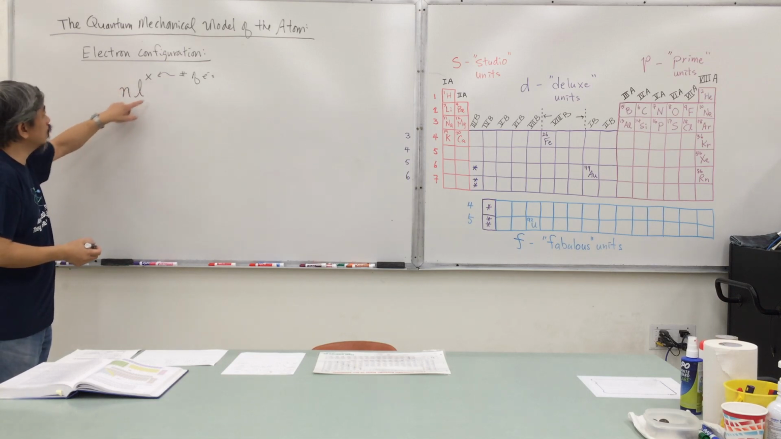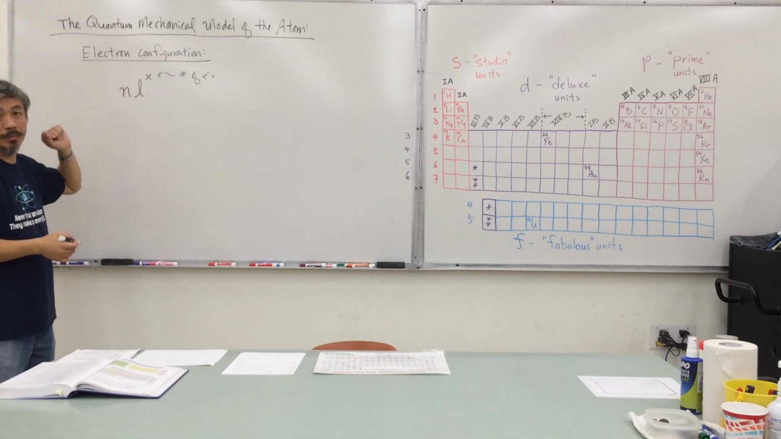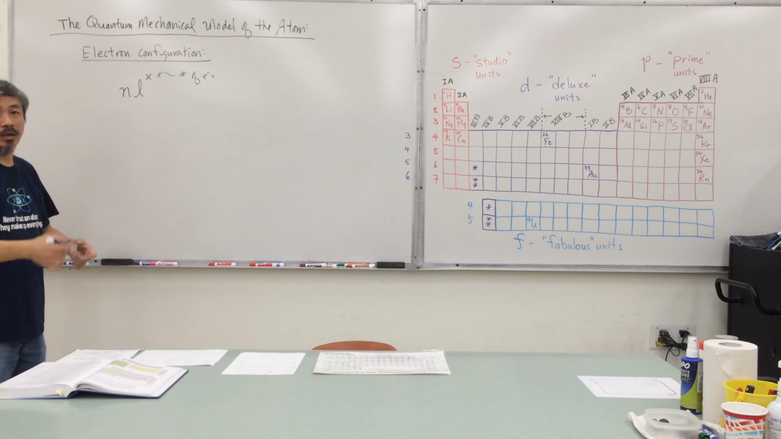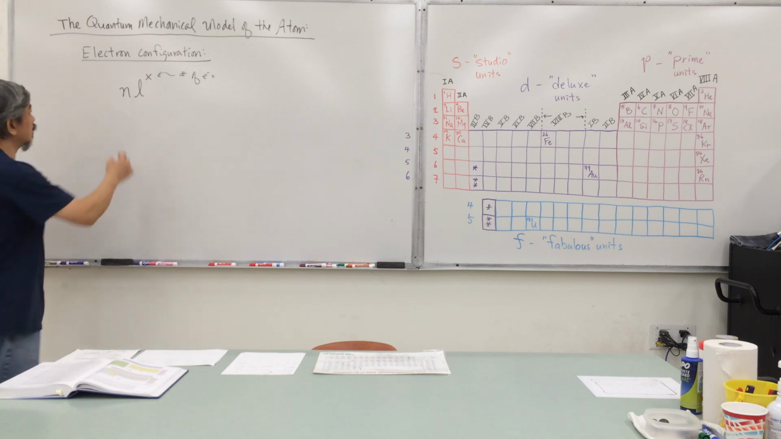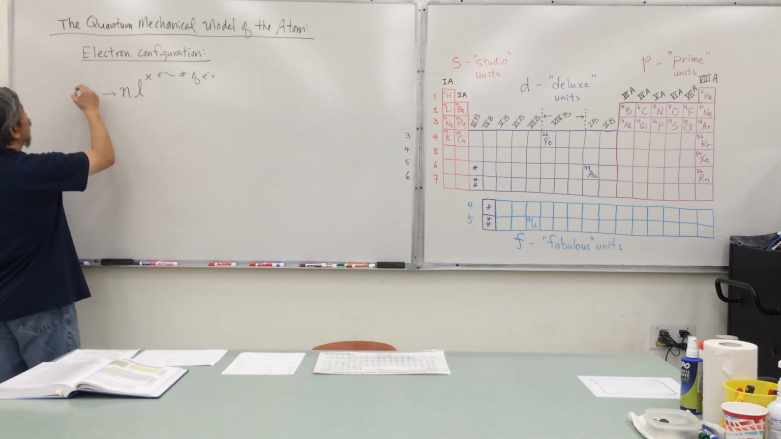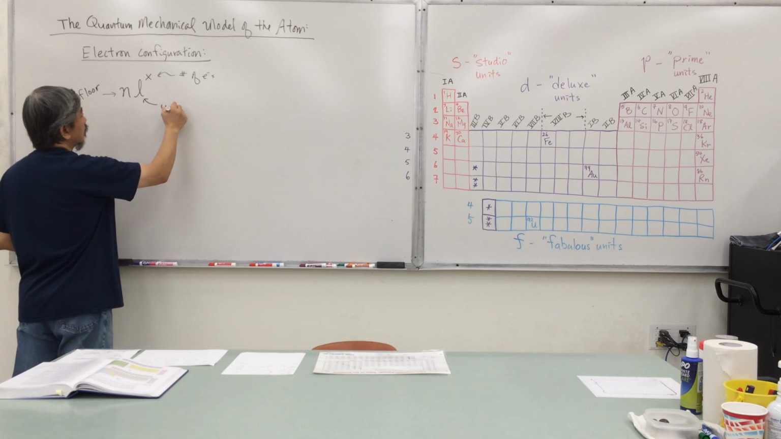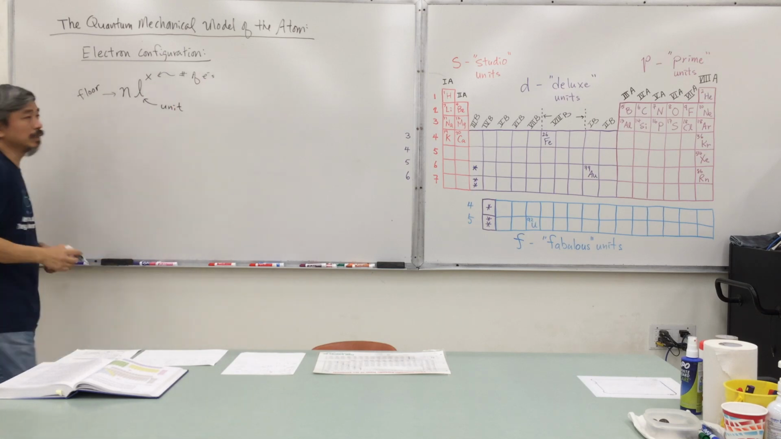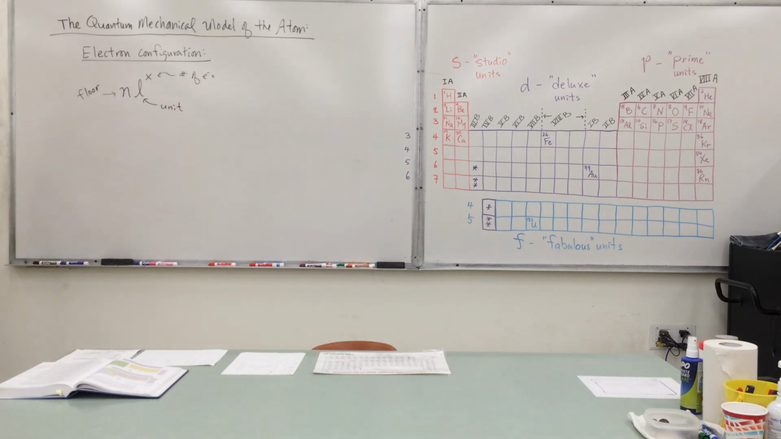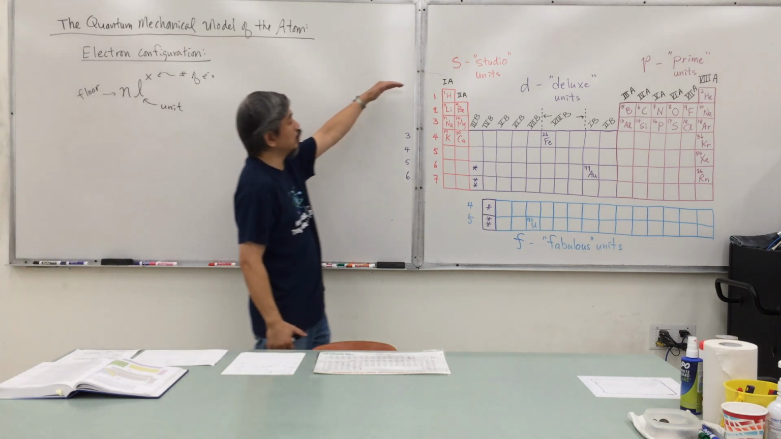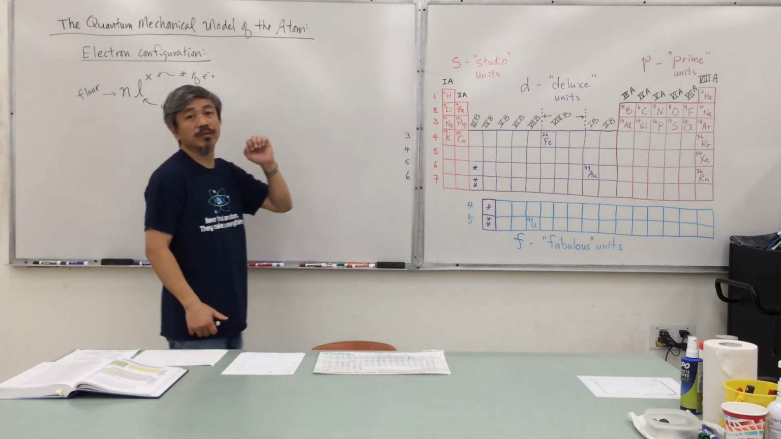So the first two symbols designate the address. It tells us exactly which unit we're looking in. So this is, of course, the principal quantum number. You can think of this as the floor. This is the actual unit. And then you tell us how many electrons are in that unit. So we can now use that to designate each of these particular elements, telling us where the electrons are found